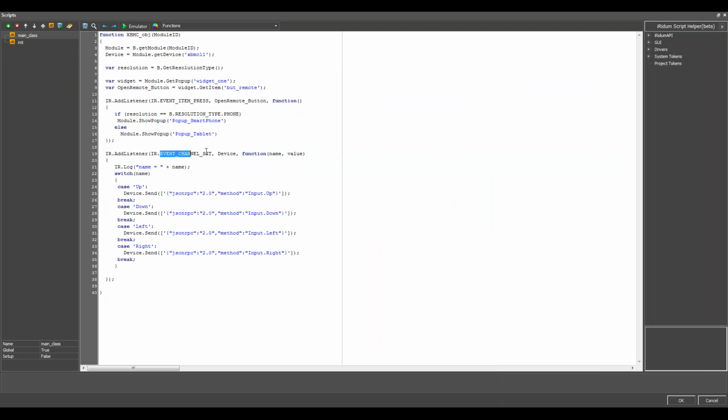IR event channel set, device function name. So wait a moment.